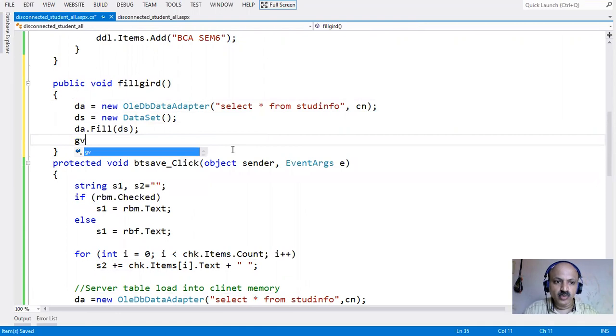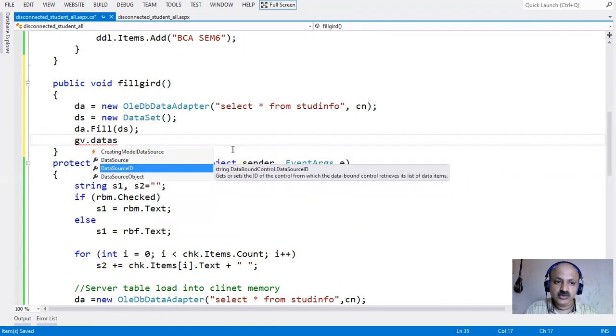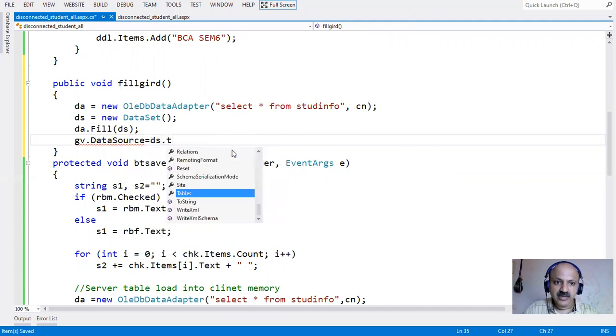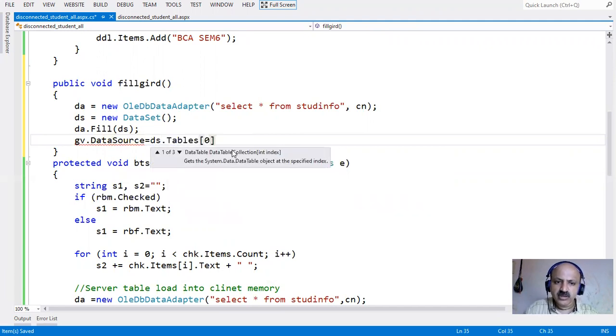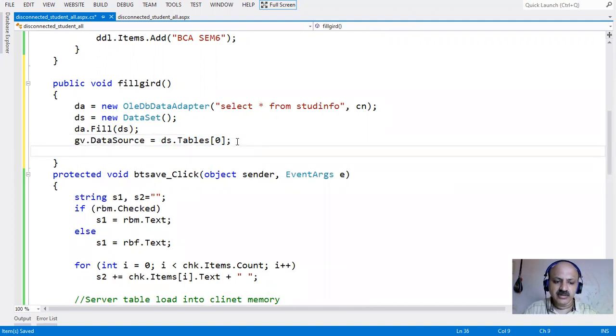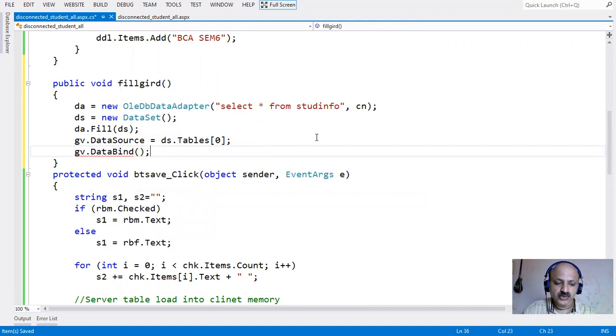And now grid view id gv and data source. So data source and data source id are used in the binding part. Here dataset or table of 0 also is valid because there is only one table, but we can make this a habit because with a number of tables that way we avoid getting an error, and then initialize that statement with data source. Now we can bind, so the bind method we have to use.